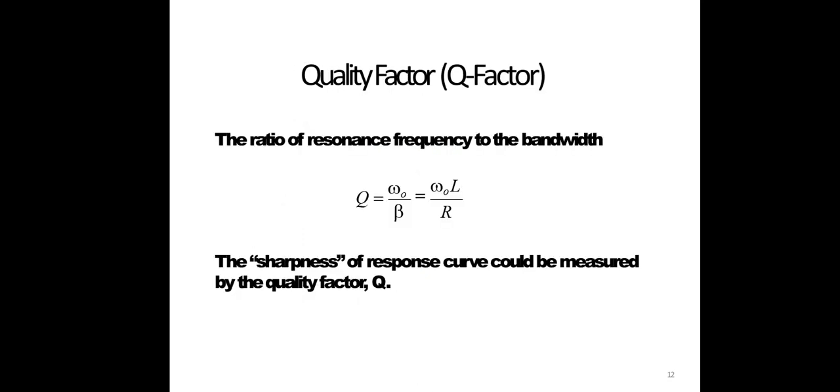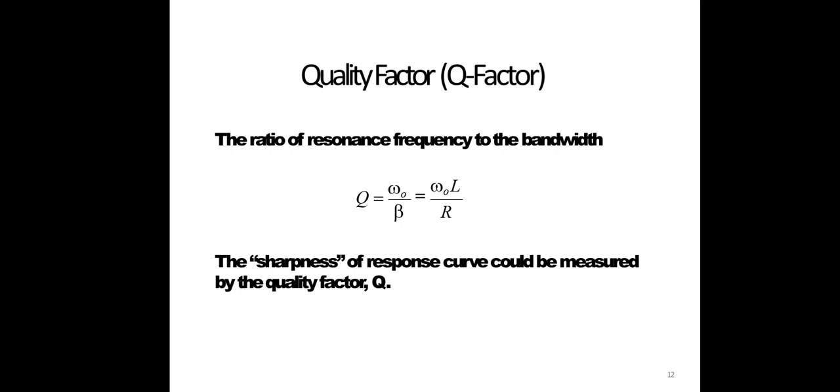Now let us take the quality factor. Once you have found all these, the bandwidth already known, now you are going to take the selectivity or the quality factor. It is the ratio of the resonant frequency to the bandwidth, f naught by bandwidth, or omega naught by bandwidth. So Q is equivalent to omega naught by bandwidth, which is equal to omega naught L by R. Already we derived this equation in the previous lecture. The selectivity of the series resonant circuit, which is Q, is equal to omega naught L by R.